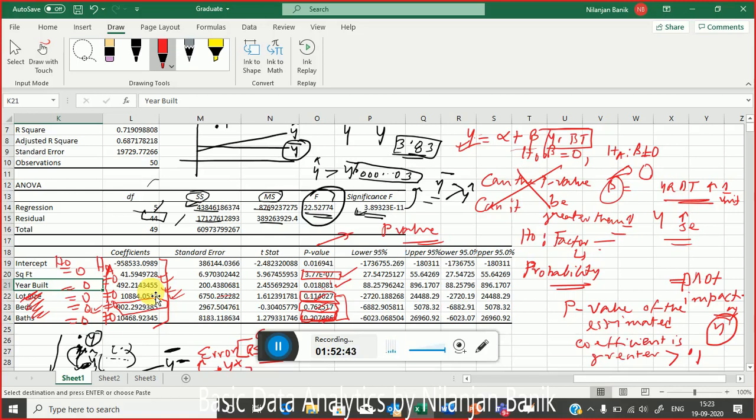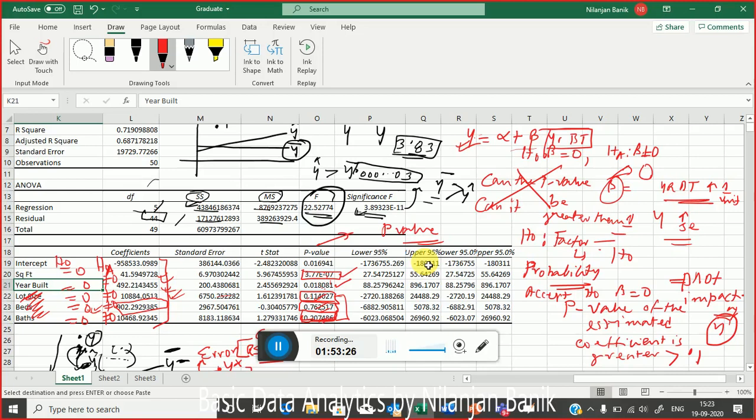That's what you're trying to say. Yes. It makes no significance in terms of analysis. So in that case, we accept the null, and the null is saying that beta is equal to 0. Beta hat is equal to 0, for those variables only. For those variables where the p-value is greater than 0.1, we say that those variables are statistically not significant in explaining the variation in my y.